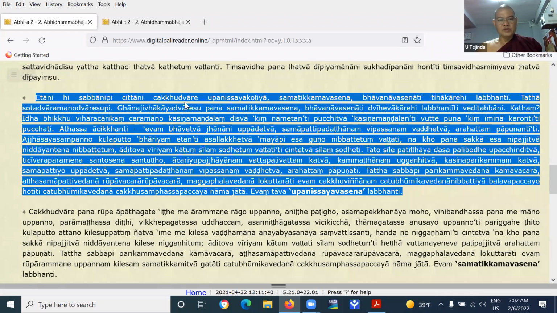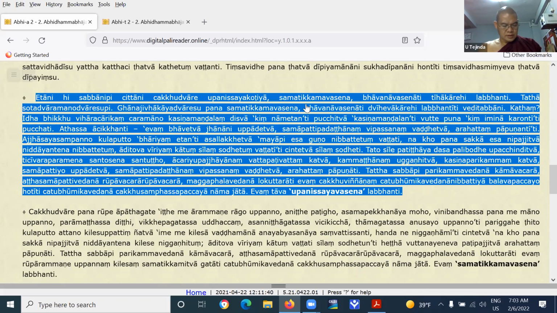Why does the Atthakatha use the javana here? Because Vedana arises together with the javanas. The javana is the fullness of the Vedana, so by talking about the javana it will be easier. That's why the javana is used here. All the javanas arising at the eye door can be applied in 3 ways: Upanissaya koti, by strong support or decisive condition,